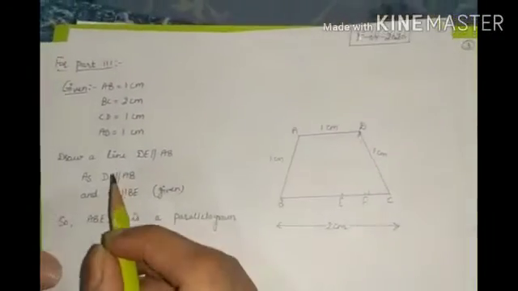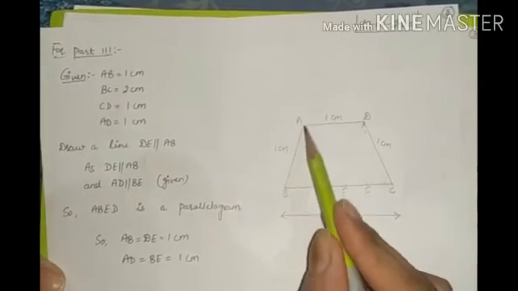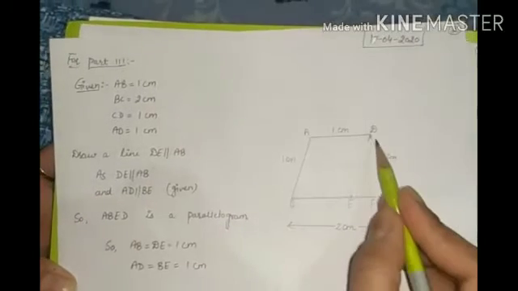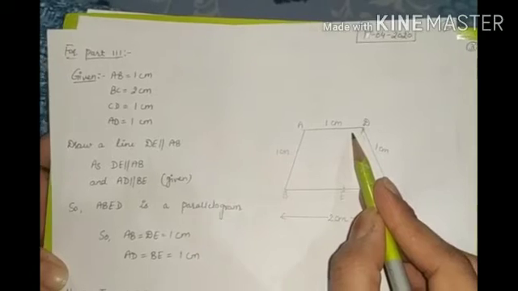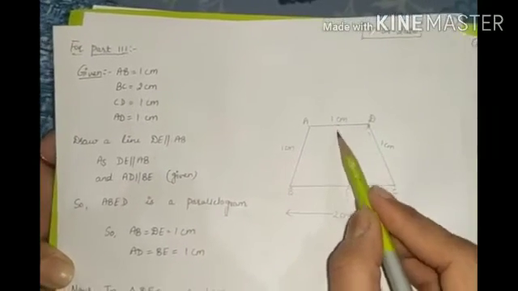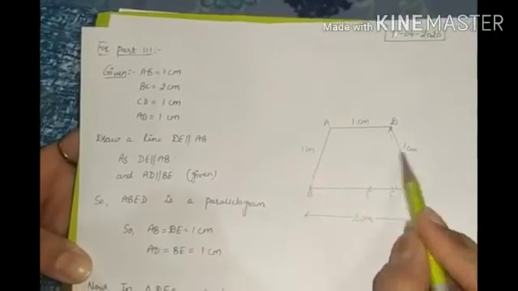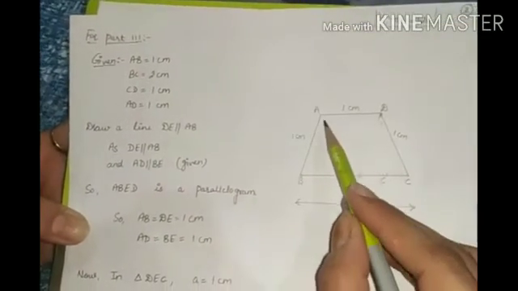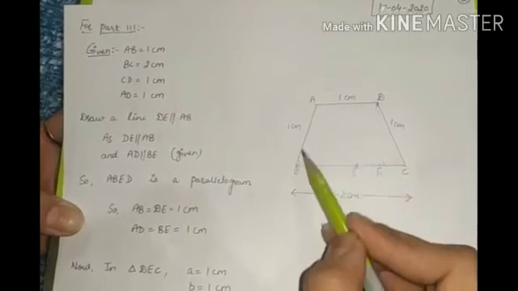Now for part 3. Part 3 is a trapezium in which AB is 1 centimeter, BC is 2 centimeter and CD is 1 centimeter and AD is 1 centimeter. And we know that a trapezium is a quadrilateral in which one pair of opposite sides is parallel and another pair of opposite sides is non-parallel. So in this, parallel sides are AD and BC and non-parallel sides are AB and